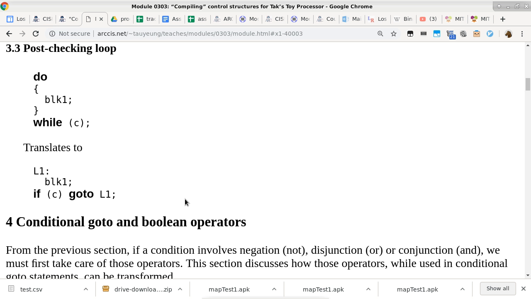Now block 1 doesn't have to be one single statement. It can be a bunch of statements, okay? The whole idea is it is a block. While C translates to label L1 so that we can go back to the point right where block 1 starts, and then perform block 1 first, because this is a post-checking loop. We perform the operation first, and then if C is true, we go back to L1 to perform another